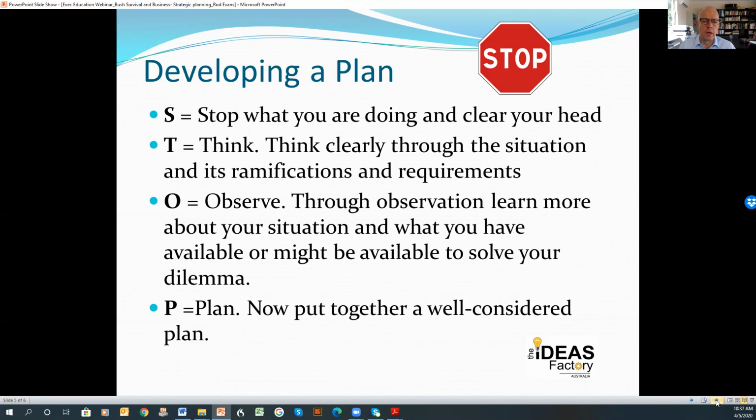It's called STOP, and I've used it myself on a couple of occasions when I've foolishly found myself in a situation without water or lost in the bush, or some other situation has arisen. I've found it incredibly effective, and I think it's something that we can use not only in bush survival, but across all forms of strategic planning.